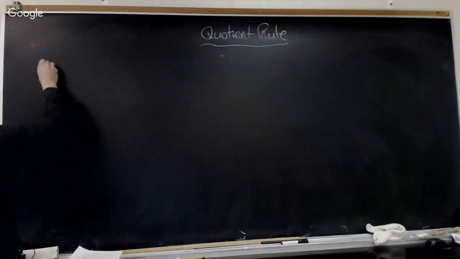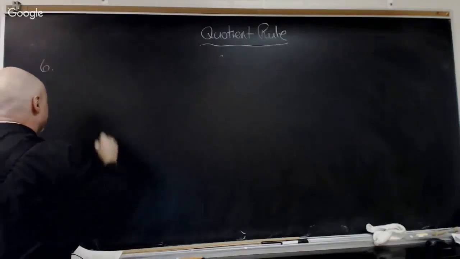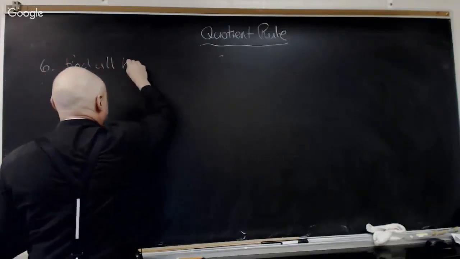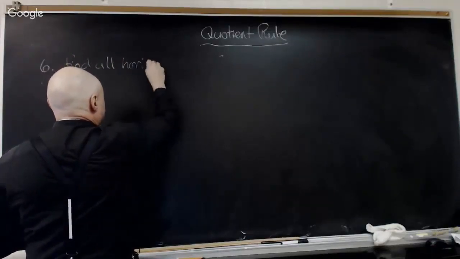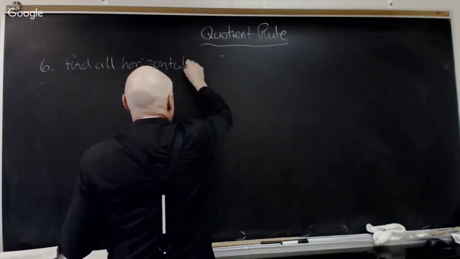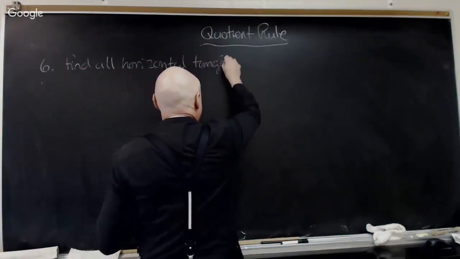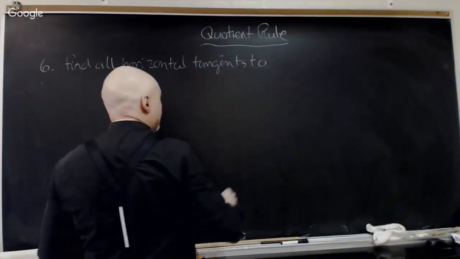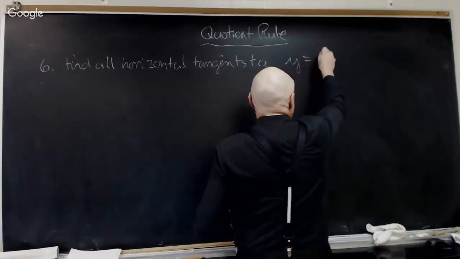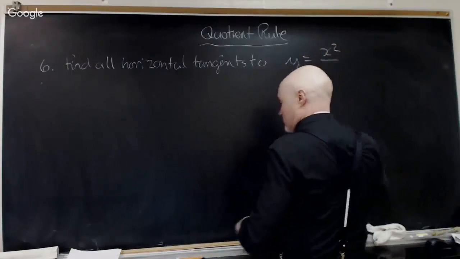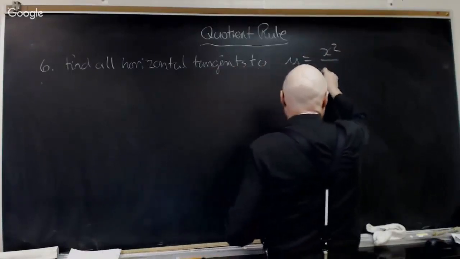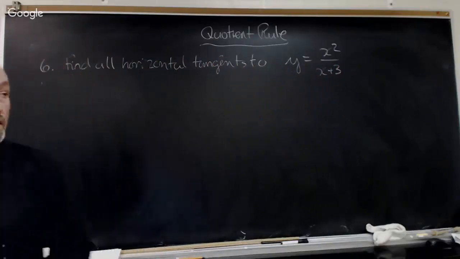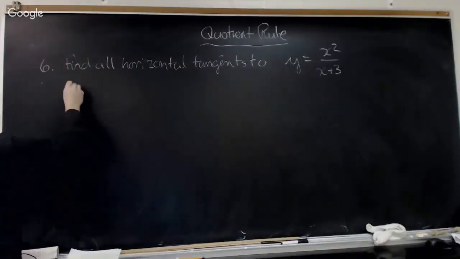So question number 6 from the homework yesterday said, find all horizontal tangents to the function y equals x squared over x plus 3. Okay, horizontal tangents. And so for a horizontal tangent,